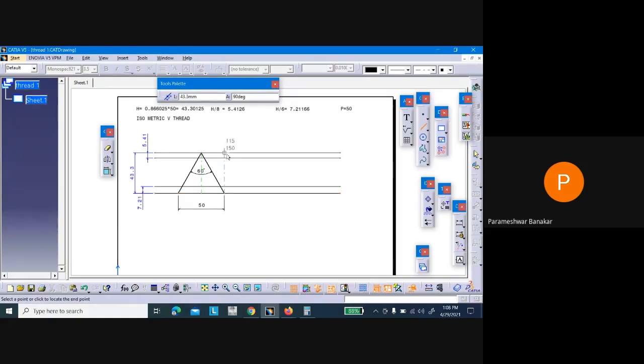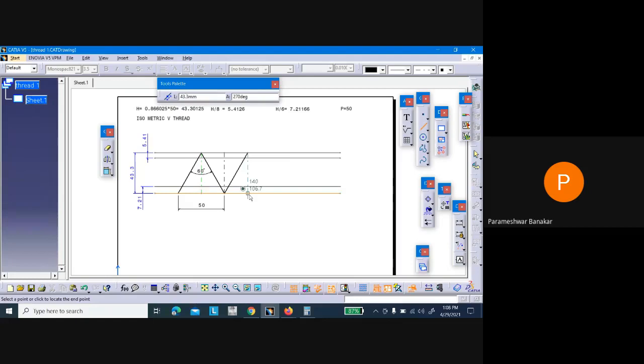Then here you create one more axis, so that if I click this mirror option, I will get one more. Let us see this. Go to mirror, select this side, select axis, and one more has come. Directly you can make it like this. You can create one more line here. There are different methods. I'm explaining one method right now.